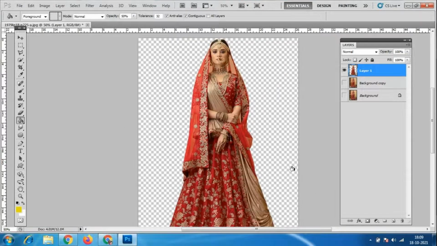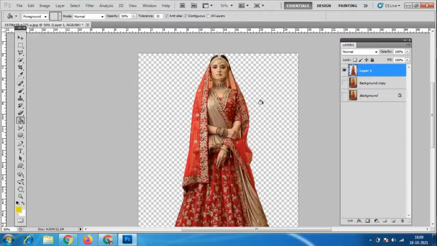Before that, we should always keep everything in different layers. We don't want this background, so I have cut this bridal image and kept it in a different layer.